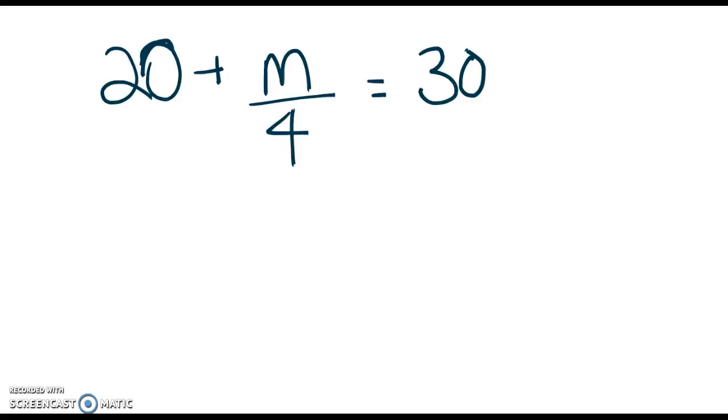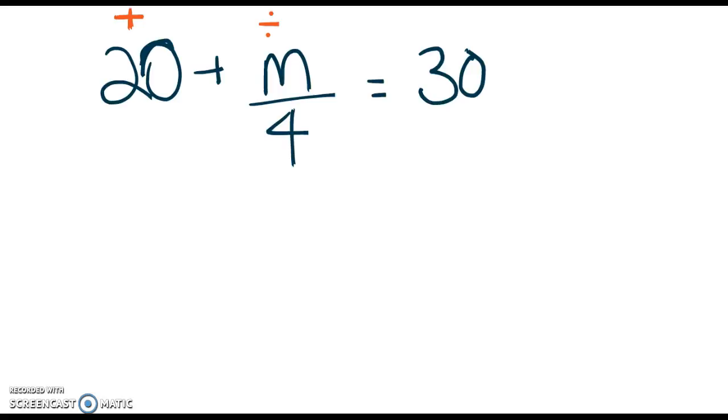So we see that to this variable m, this 20 is being added. So we have addition here, and then the 4 to the m is being divided. So there's our two different operations,